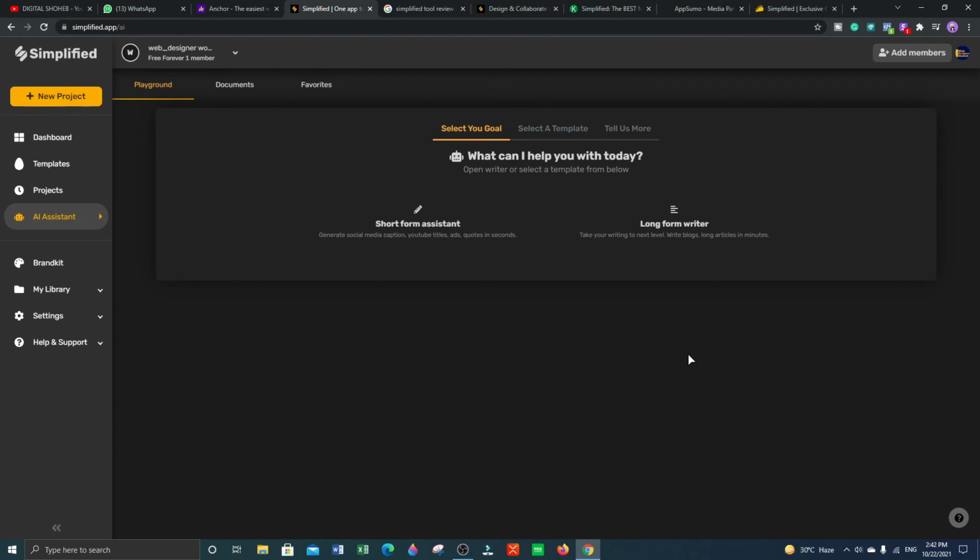And in other tools you have to pay on a monthly basis, but for this tool you pay one time and you can use this tool for lifetime. On other tools you have limits, but in this tool you don't have any limit. All the features you can get if you go with the tier 3 plan, so you will get this tool completely. All the features you can access, and many more things you can do in this tool.